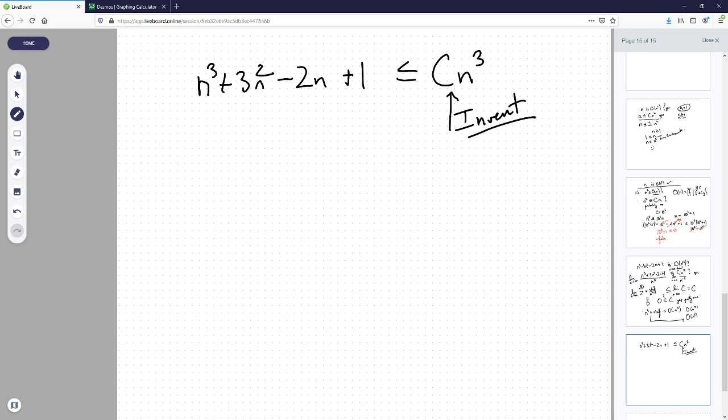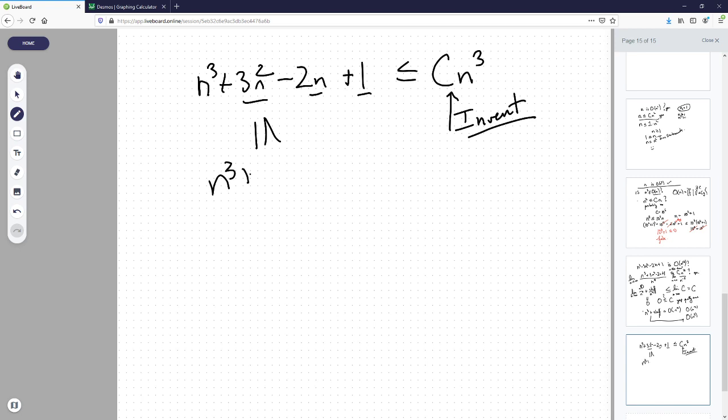So the answer is, if you believe that eventually each one of these, so 3n squared, if you believe that n squared is less than n cubed, and I think it's safe to believe that, or if you believe that n is less than n cubed, or 1, for instance, then one thing that you can always do is you can say, oh, well, this is less than or equal to